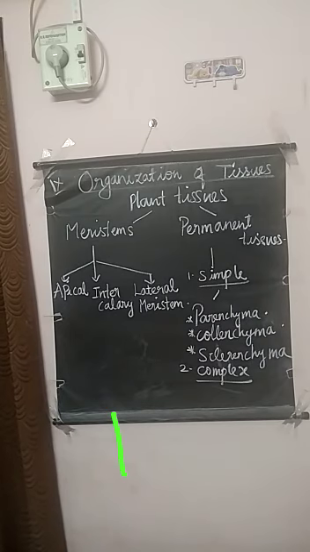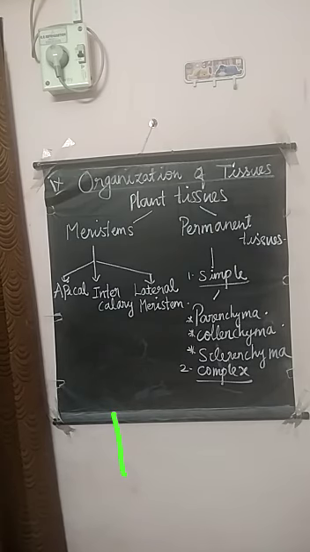Then some characters of meristems are given. They are living cells. The cells are very small, and may be oval, polygonal or round in shape. They have a thin wall, cytoplasm, nuclei and some small vacuoles. These are the general characteristics of meristems, a group of cells that undergo cell division.